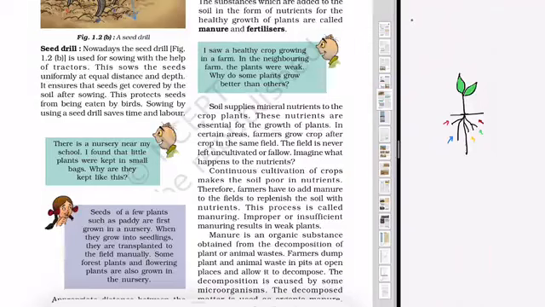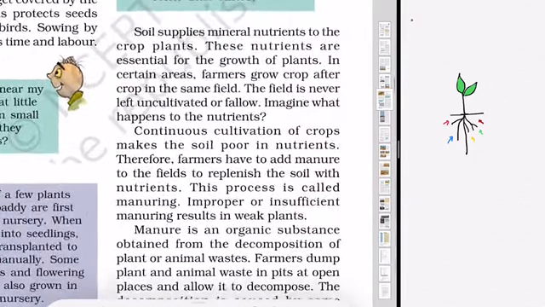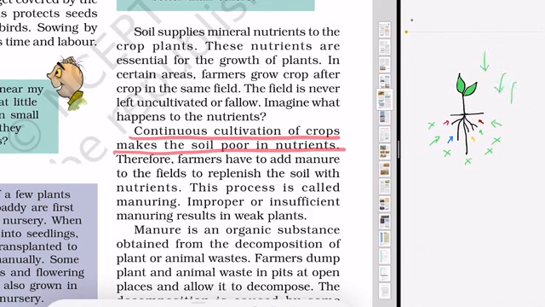In this video, first we will learn about adding manures and fertilizers to the soil. When we grow a plant in the soil, we all know that the plants take minerals and nutrients from the soil. Now, when we continuously cultivate a crop in the soil, the plant will take all the nutrients and the soil will become deficient of certain nutrients. For that reason, we need to add nutrients from outside to the soil so that again the plant will grow nicely.